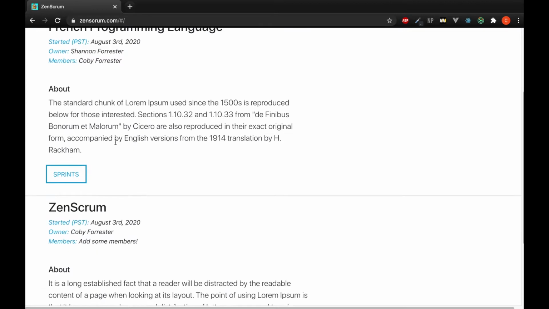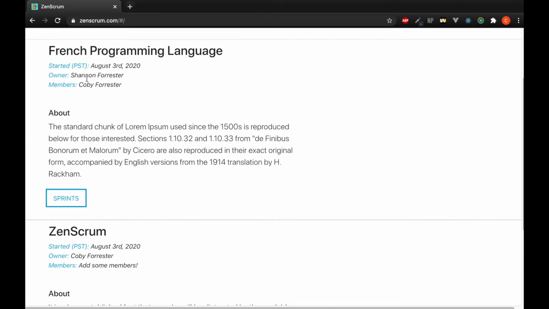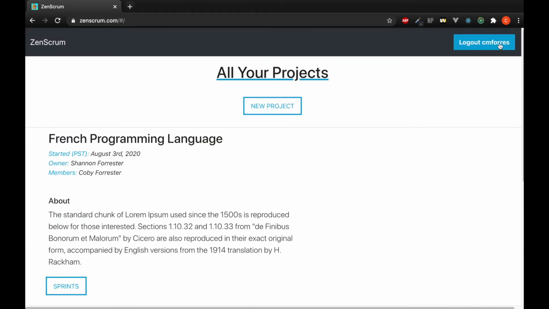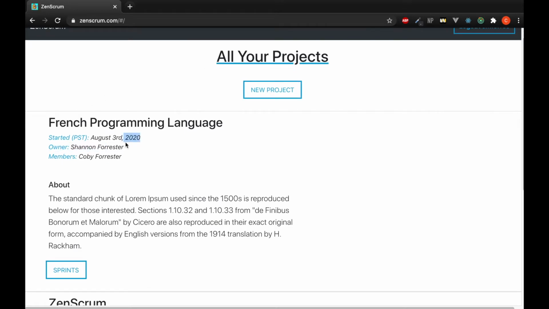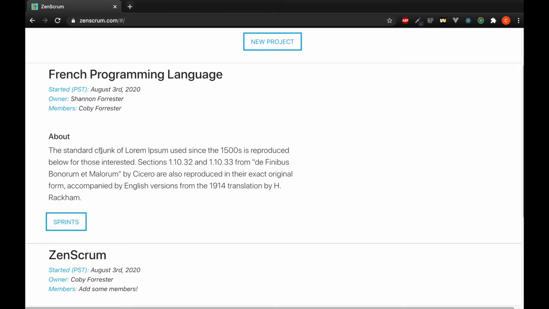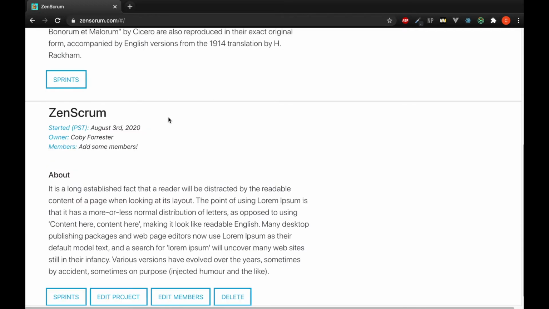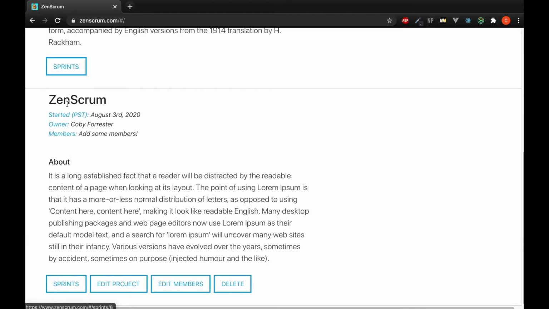And these are just some projects that I'm a part of. So you can see my name is CM Forrest, while Kobe Forrester is the name on the account. And this is owned by Shannon Forrester, but I'm a member of it. So I can view everything. I can go to the sprints. I can see all of this, but I can't edit it